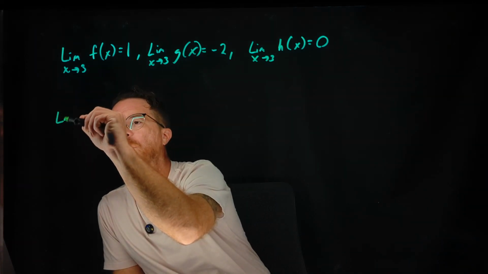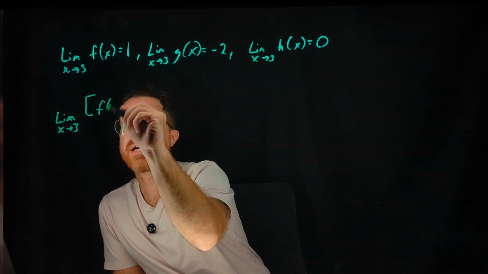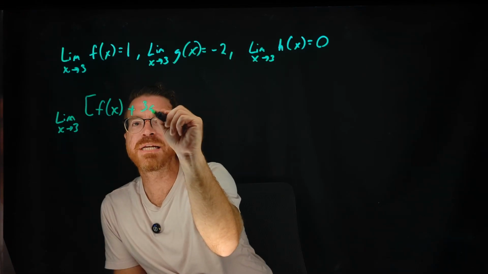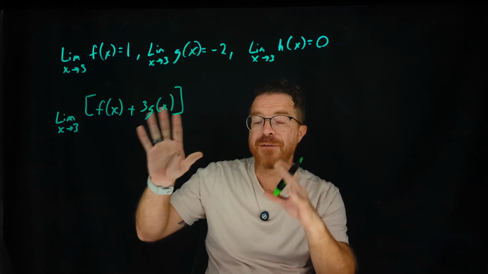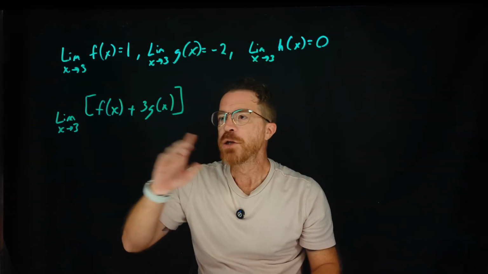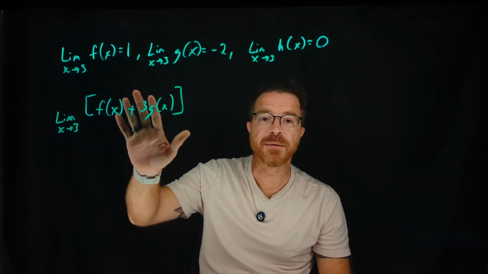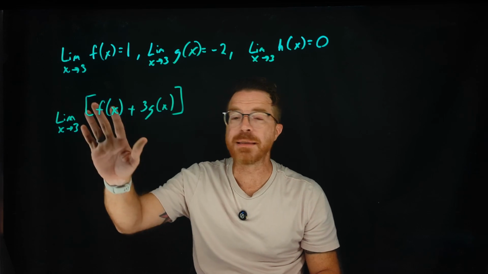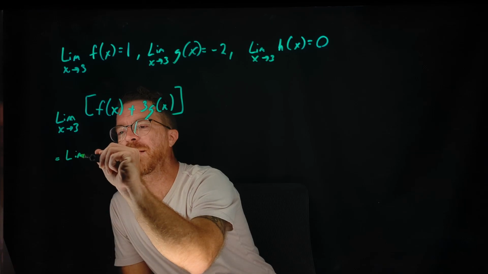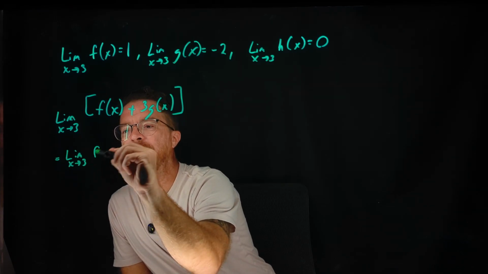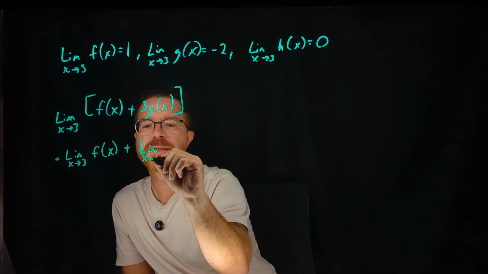So the first question is, what would the limit as x approaches 3 of f of x plus 3g of x be? I'm going to break this down by using our limit rules one at a time. The first thing I'm going to look at is that when I have the limit of some function f of x plus or minus some function g of x, I can rewrite this as the limit of the first function plus or minus the limit of the second function. So this is going to be equal to the limit as x approaches 3 of f of x, plus the limit as x approaches 3